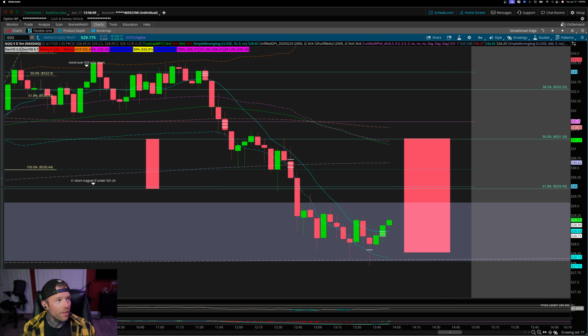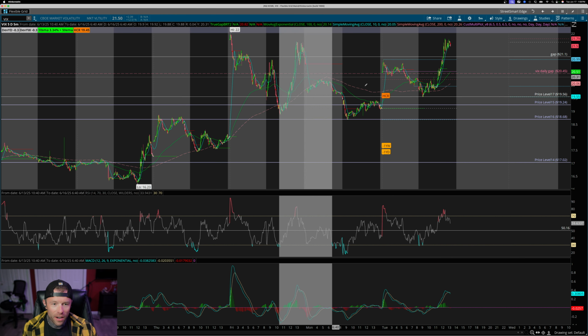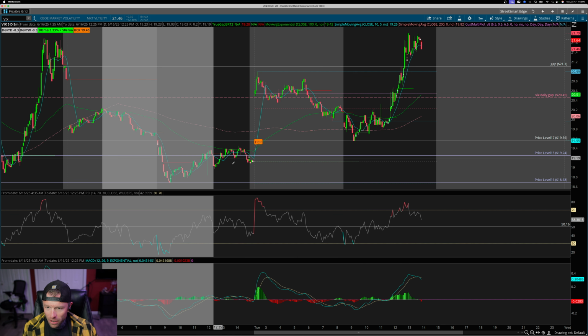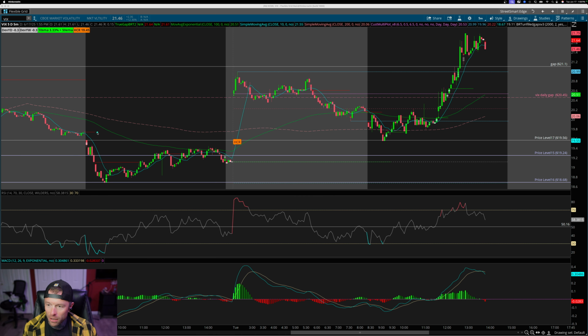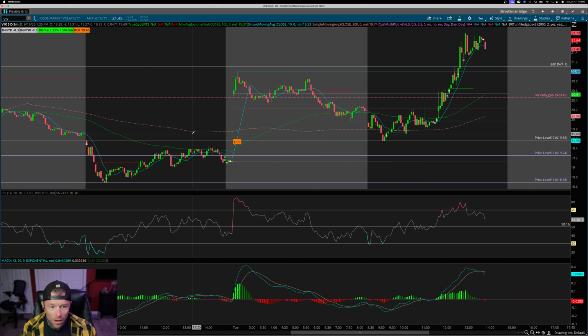Last but not least, I'll cover the volatility index real quick, because we had some really good plays here as well. So I came over to the volatility index and I said, all right, well, there's a gap open from yesterday's action and it double gapped. What does that mean? Well, here's the gap open on the 5-minute chart on the VIX. It left this gap. And if you notice overnight where it opened again, way up here, well, that gap is still open, right? So I put a price level on it,